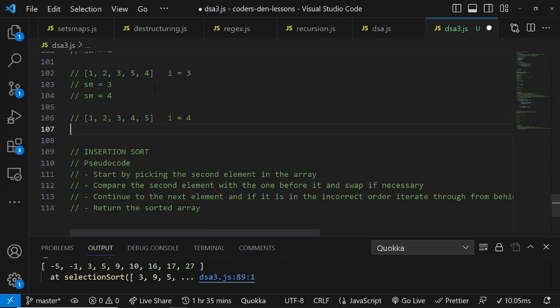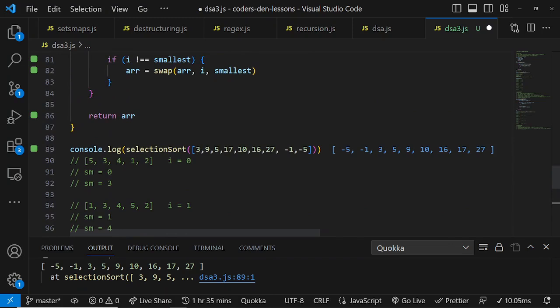Insertion sort, what it does is you pick an element in the array. It starts from the second one, it doesn't start from the first, because like our friend just helped us with, there's no point starting from the first. So it's about growing a sorted portion of the array and going forward. And each time,